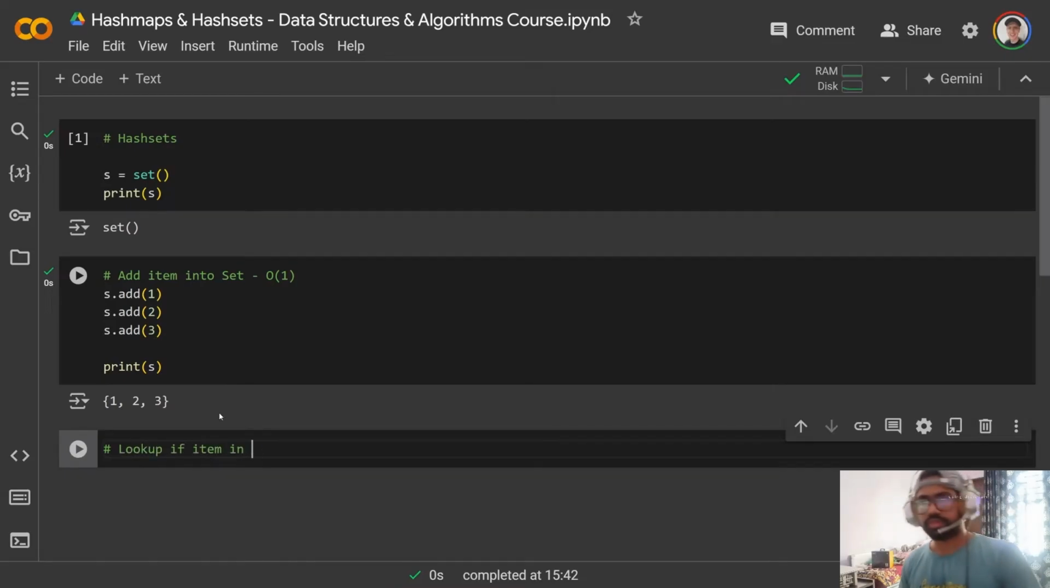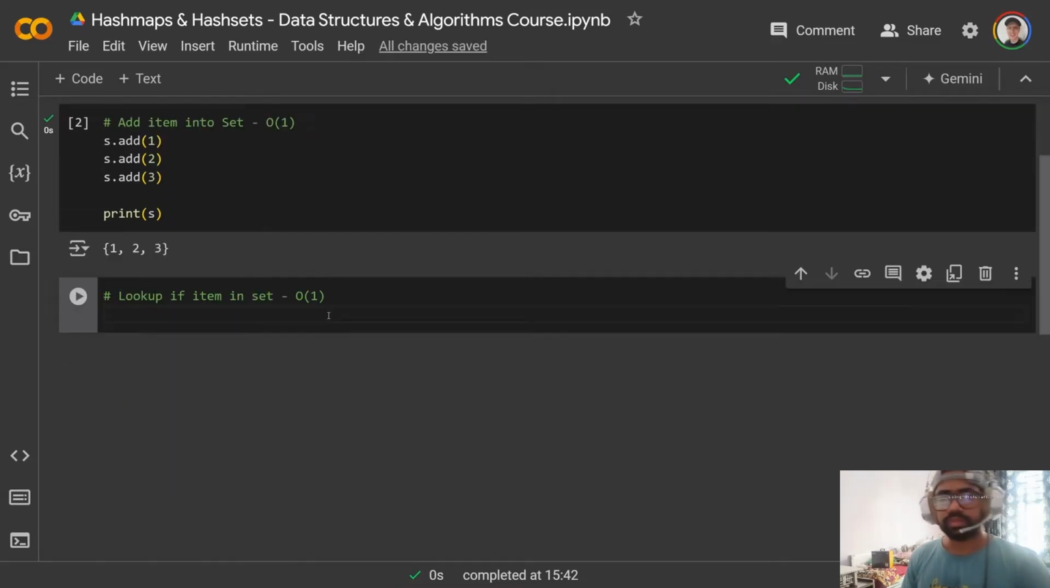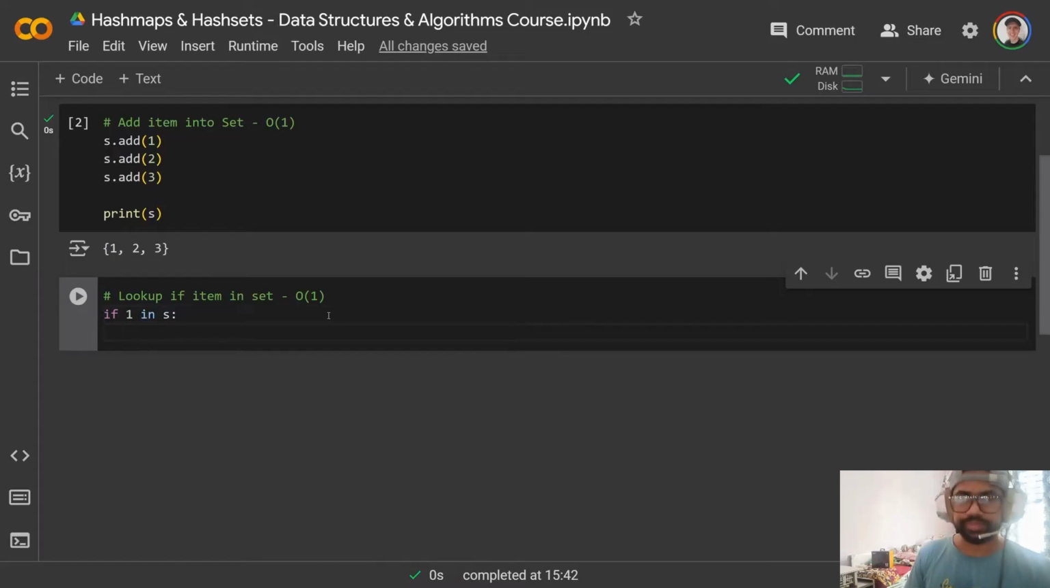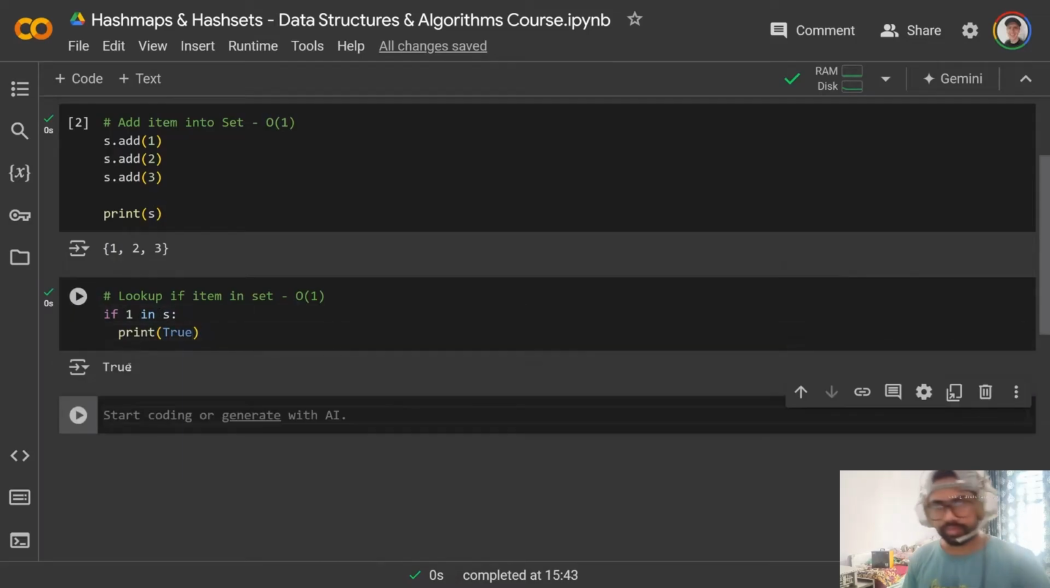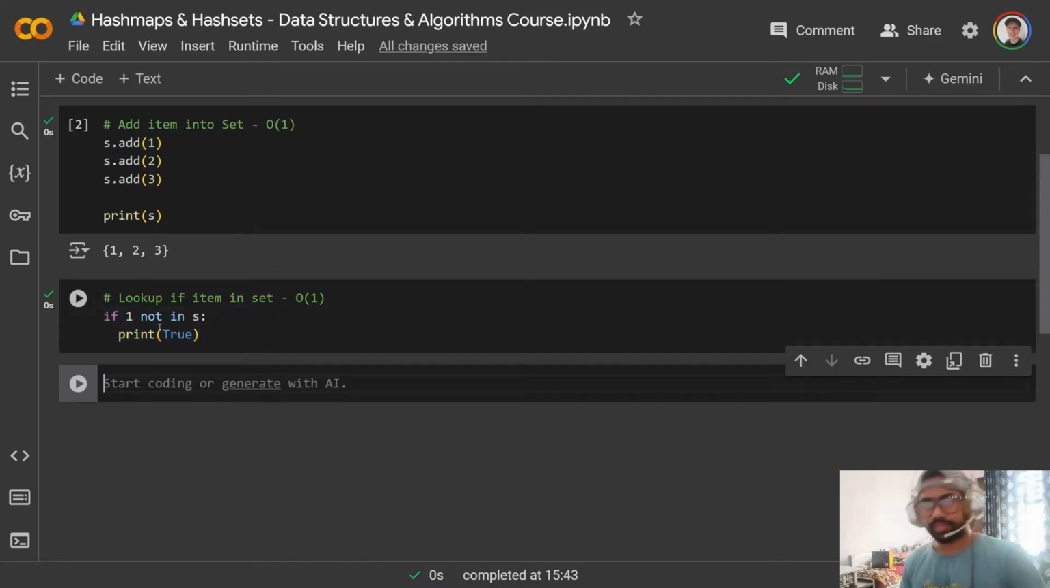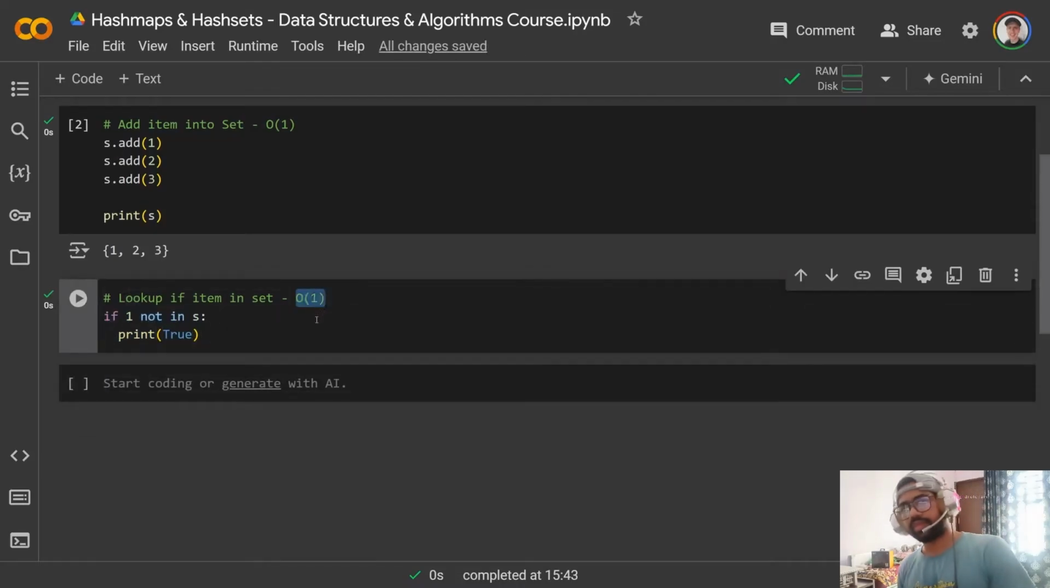So look up if an item is in the set, and that's going to take O of 1 time on average. So you can do that with something like an if 1 is in the set s. Well, if that's true, this is going to execute. So we just do something like print true. 1 is in the set, so that's going to be true. If you did something like if 1 not in the set, that's going to be the opposite because 1 is in the set. That's still going to be an O of 1 lookup operation,